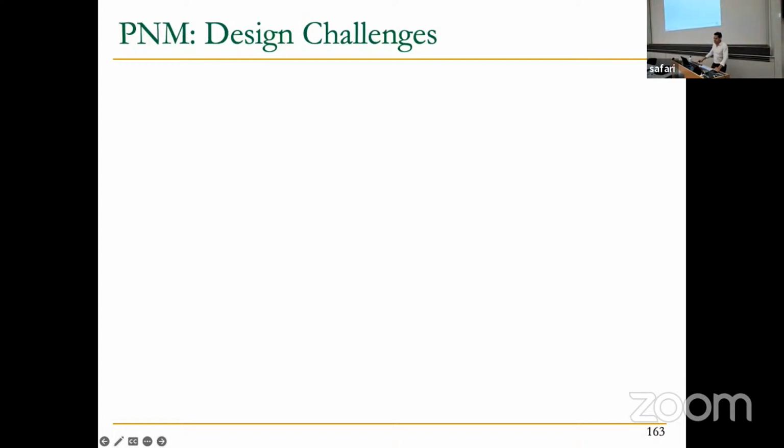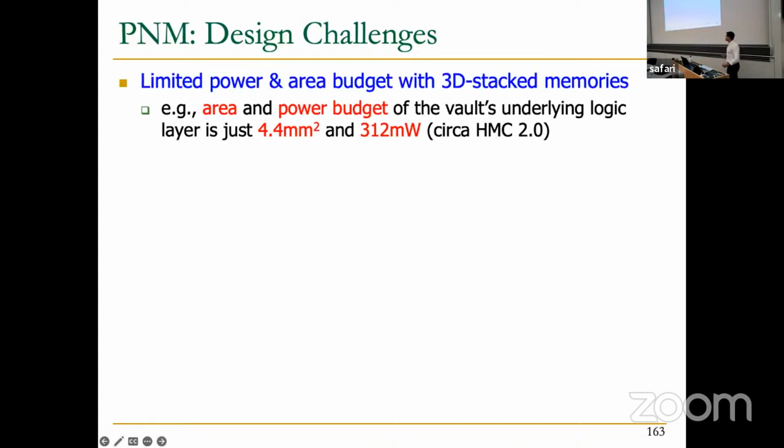This is something that is really important to know if you want to design this type of system: you cannot do whatever you want. And this annoys me a lot as a reviewer sometimes, that people propose processing near memory or processing using memory architectures as if it's a silver bullet for any problem. And it's not. When you are doing processing near memory, you are operating under very strict trade-offs when you're deciding which logic you're going to use for computation. So the first trade-off that you need to think about is area.